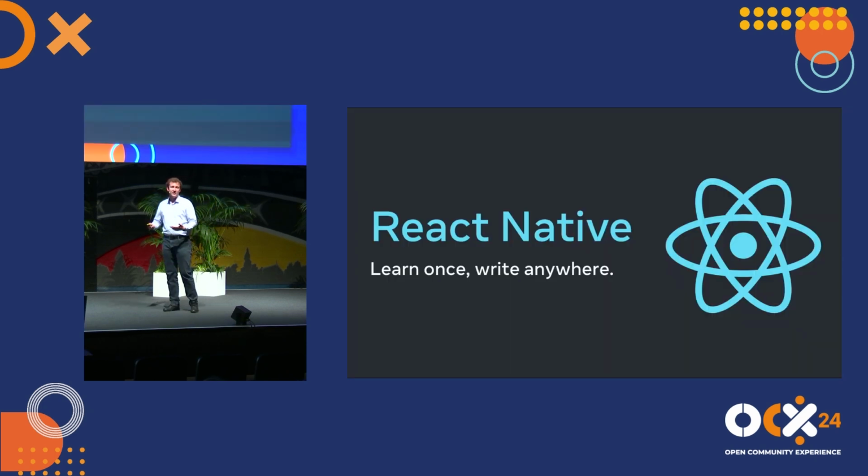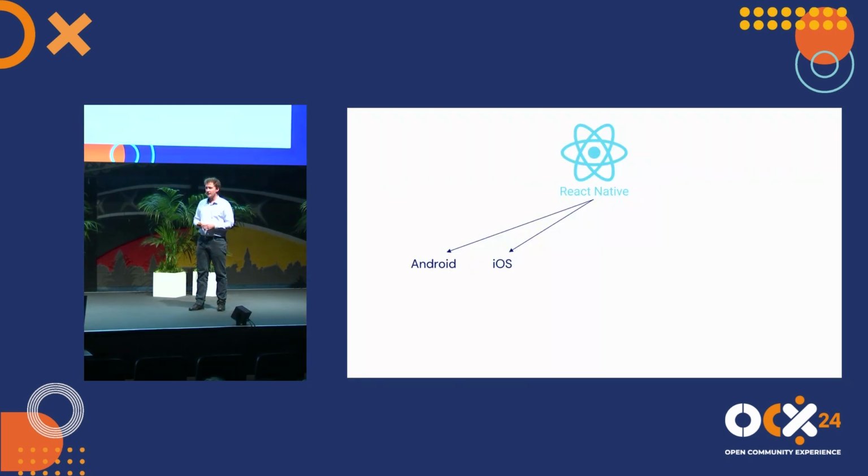The motto of React Native is learn once, write anywhere. So basically, developers who learn React Native working with Android, iOS, should be able to create apps also for OpenHarmony. And React Native started basically with two core platforms, Android and iOS. They are part of the core API. They are supported by React Native out of the box. But after some time,